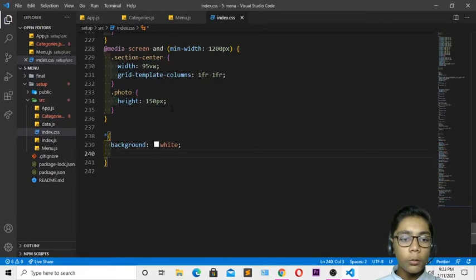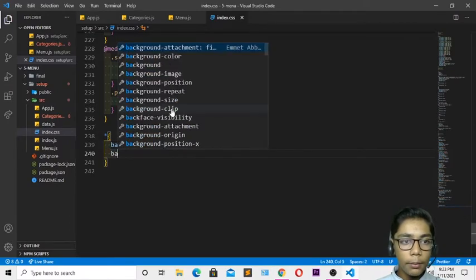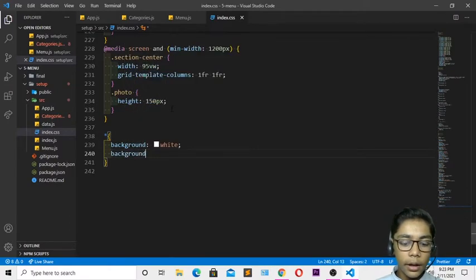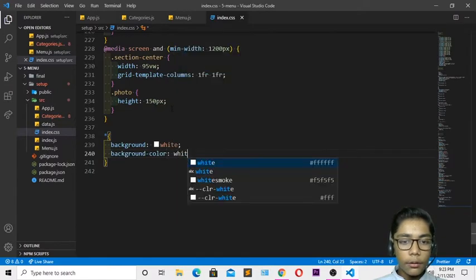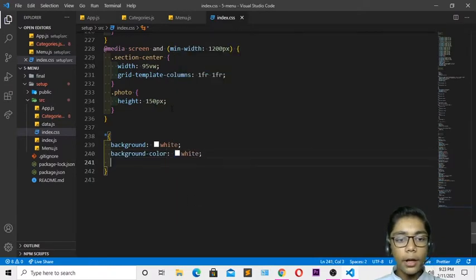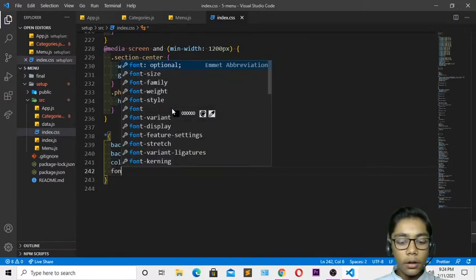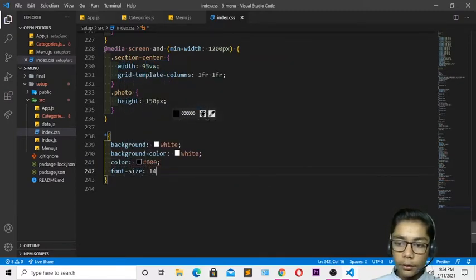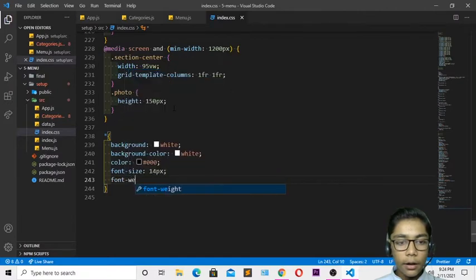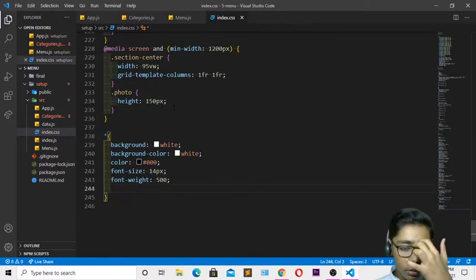Then when you've done that, you have to come over here again and I will be defining a background color. So I'll be writing over here background color. You can also define that white because it will be just coming automatically colored. Okay, you can define any random color you want. So I'll be writing a color of that. Then write over here font size which should be 14 pixel. Then write a font weight over here which should be just right over here 500. So when you've done that, you have to just come over here now again and I will be creating another thing which is called just right over here, and now write font family.